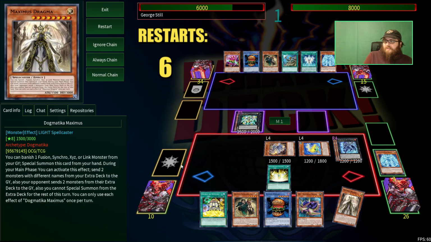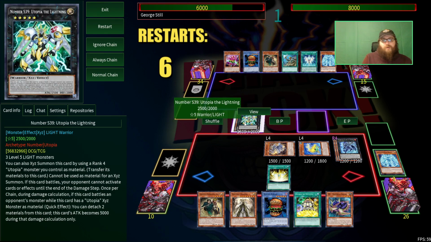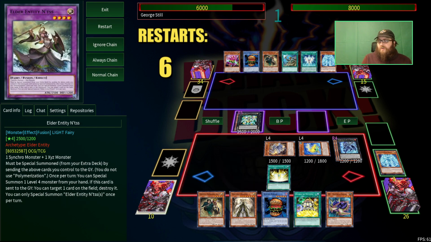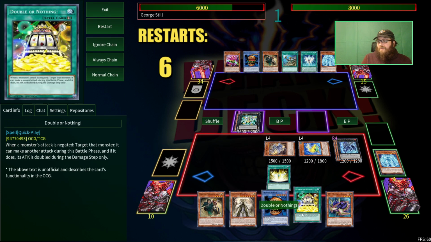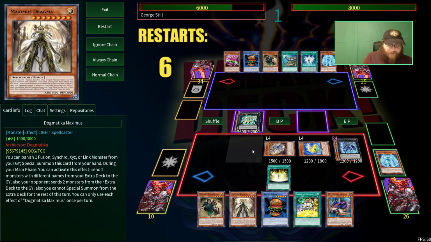Damn it. Remember before where I was like, you gotta make Gravity Controller, don't forget it. I locked myself out of the extra deck. I can't make Gravity Controller now. I can't make any Ixies. Which means I can't summon Dogmatica Maximus, which means I messed this up yet again when victory was in my...